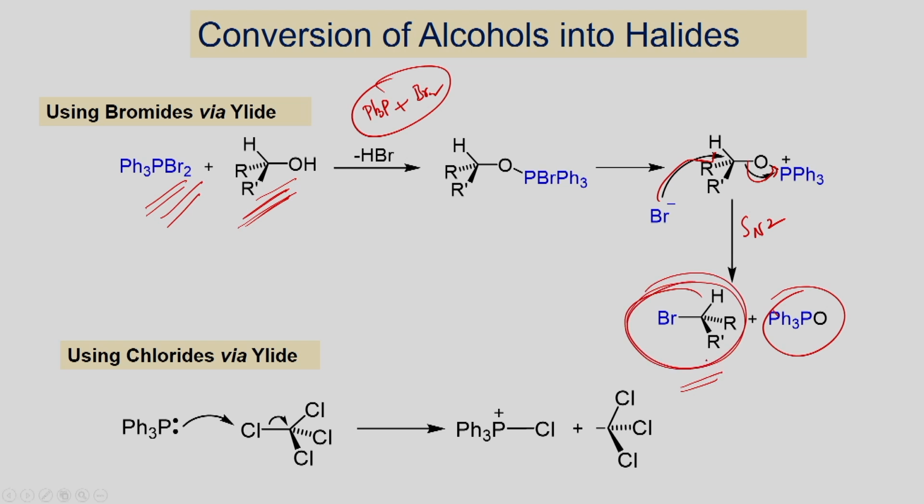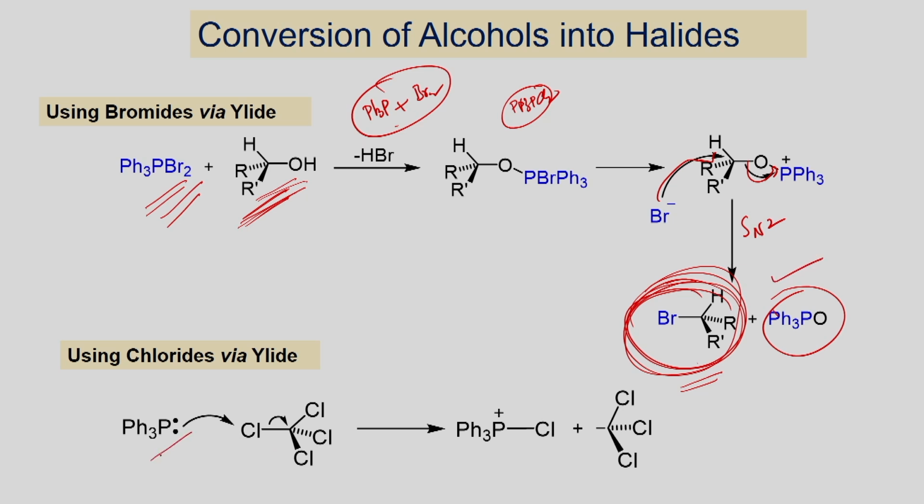So, if you have bromine and you react it with triphenyl phosphine, you can make this salt. Once you form this salt, this adduct can be reacted with alcohol as shown here via the SN2 pathway, and you will be able to form the alkyl bromide. Similarly, you can also make alkyl chloride. If you use chlorine in place of bromine, you can make the adduct and carry out the reaction.